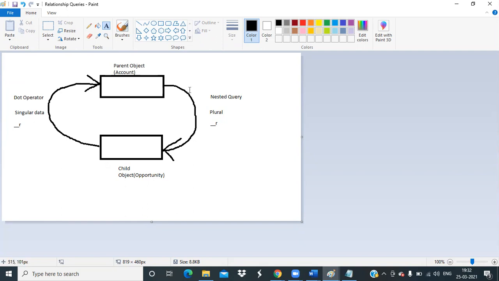I gave the practice sheet also. I mailed them the practice sheet. It has around 10 to 12 practice questions and it covers a lot of things. Some are a little complex also. They are designed from easy to complex. If they are thorough with the easy queries, then they can do the complex queries also. The practice assignment is enough for complete understanding of the SOQL concept. There will be nothing out of those practice questions.